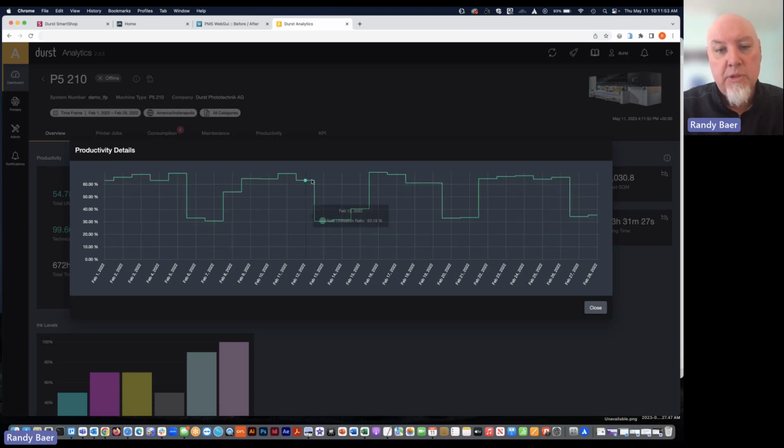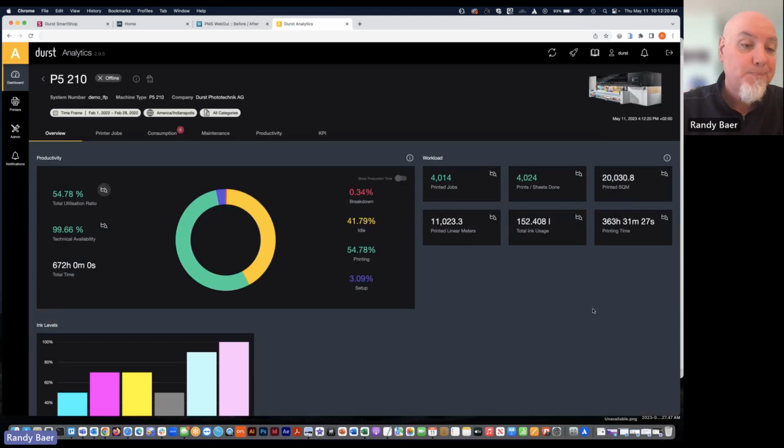As we go through the month of February, we see February 13th, 14th. Boy, February 13th and 14th weren't very good days. I don't know if we were out for Valentine's Day or what our pressman was doing there, or that we weren't getting good production there. So we would be able to look at that and learn from it, see how do we make our business more productive? How do we make our business more proficient?